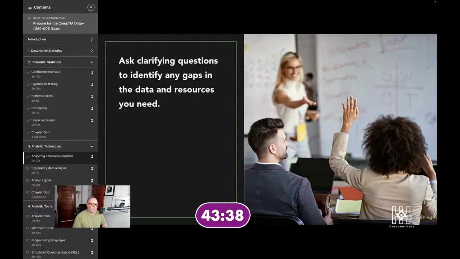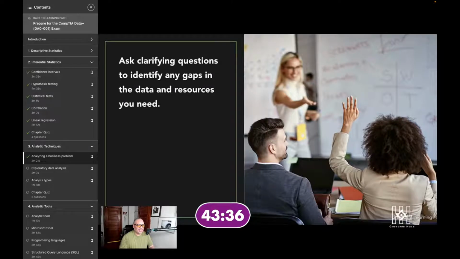Define the scope of your analysis, and it can also identify any gaps between the data and resources that you have and those required to complete the analysis. For example, one of your requirements may be to analyze sales data for the past 10 years. However, due to a change in the system that records sales, you might only have access to 7 years of historic information. The absence of data over a 3-year period is a gap that you need to discuss with your